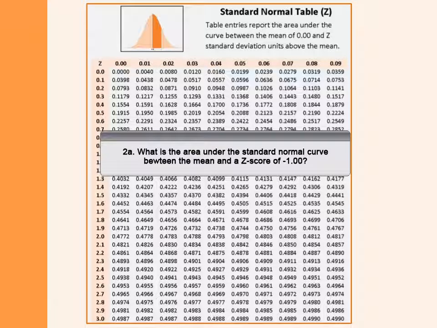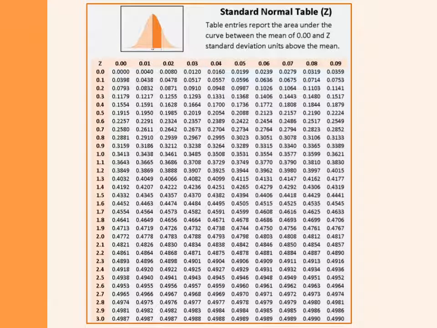The first problem in this set asks us to find the area under the standard normal curve between the mean of 0 and a z-score of -1. Now you notice our table for the area under the normal curve does not report negative z-score values. But keep in mind that the standard normal curve is a symmetric distribution. So whatever area falls between a z-score of 0 and +1 will be identical to the area between a mean of 0 and a z-score of -1. So we merely take the absolute value of our z-score to find the appropriate area under the curve.